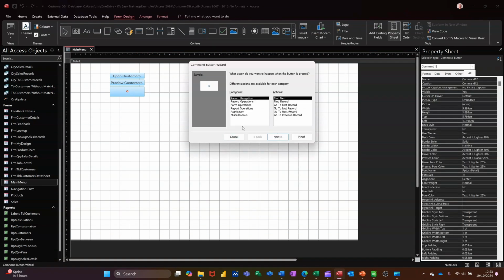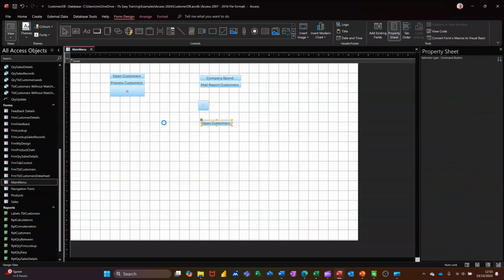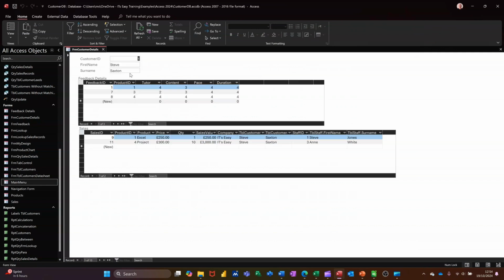And then to assign the macro, it's miscellaneous, run macro, and then next, and then you see that macro there, next, and then I'm going to put open customers, next, and then finish. Save this, have a look. So now I click on that button and it opens up customers, and you can see there, look, it's closed